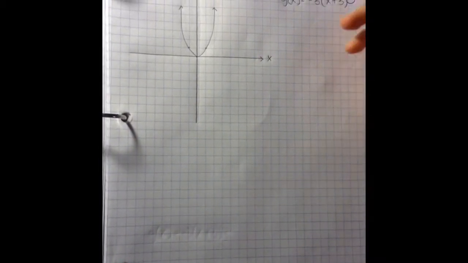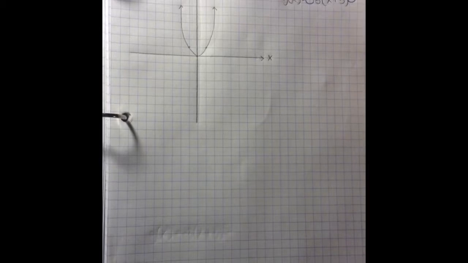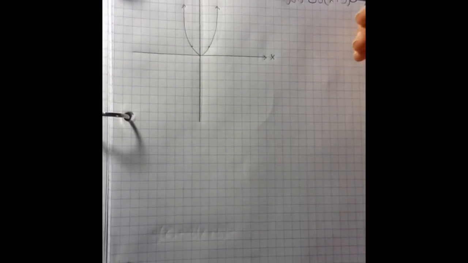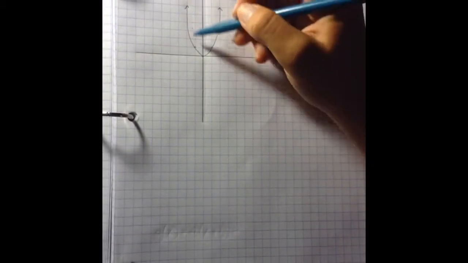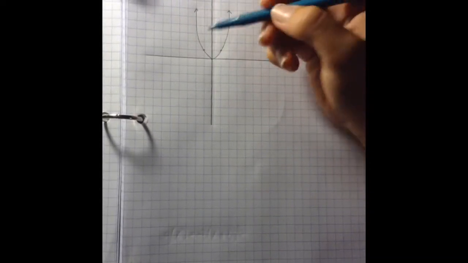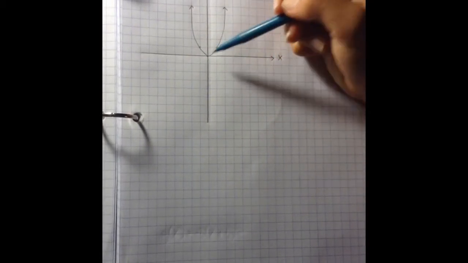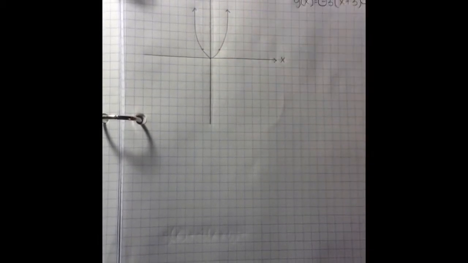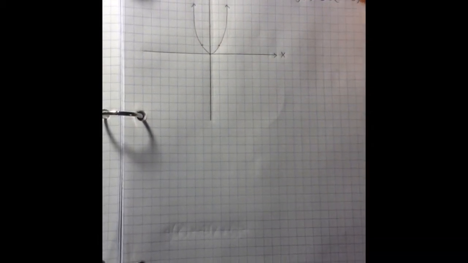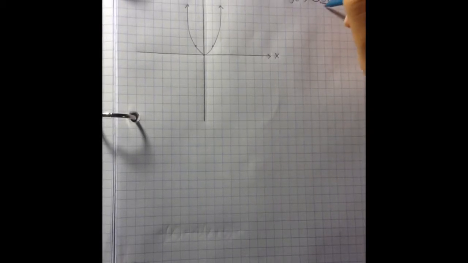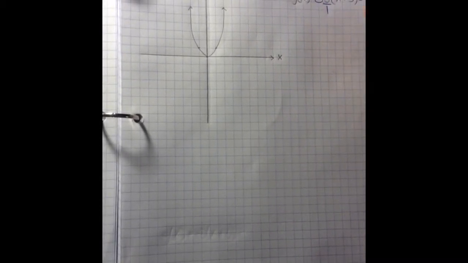Now, the negative in front of the 3 means that we're going to reflect downwards. So this graph is going to completely basically switch to the opposite side. So instead of the arrows pointing up, they're going to be pointing down. And then this 3 is the slope, so it's basically 3 over 1. So that means that the lines are going to get a lot thinner,